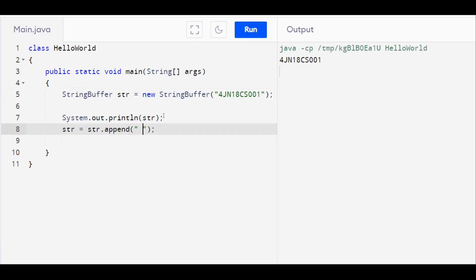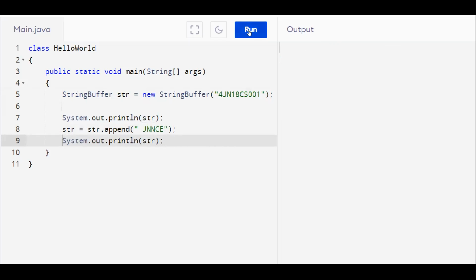After appending, we have to print it. You can see it has been appended to the string. So this is about the append method.